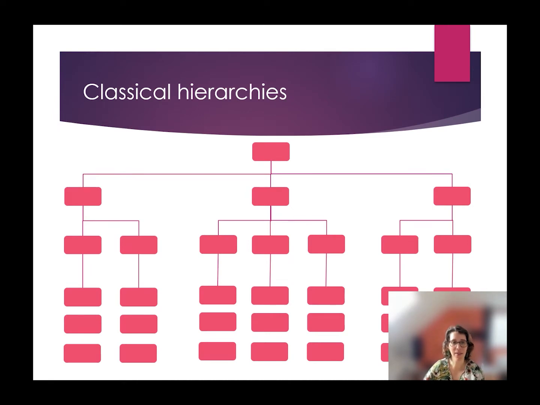So you might know classical hierarchies are very top to bottom. You have someone sitting at the very top, and then the lower you go, the more positions you have and the more extended the hierarchy gets. But we can ask ourselves if this is really the only view that we can have of organizations, or if there isn't maybe an alternative view, and is this also really the only way we can organize organizations? So let's have a look at classical hierarchies and relationships.